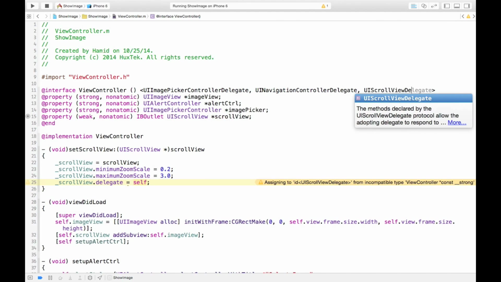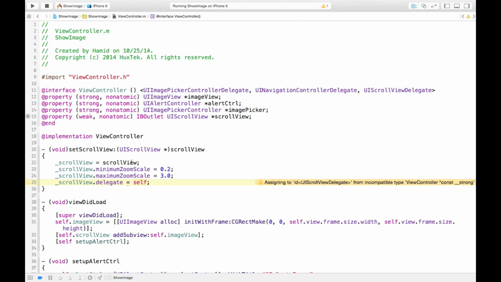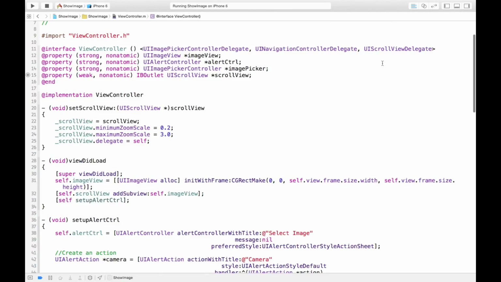UIScrollViewDelegate. Once I add it, this warning will go away. Now I use a delegate method to make the zoom work. Right now it's not working because ScrollView doesn't know which view we want to zoom. We have different elements inside of the scroll view, like that button. So how does it know? It's via the